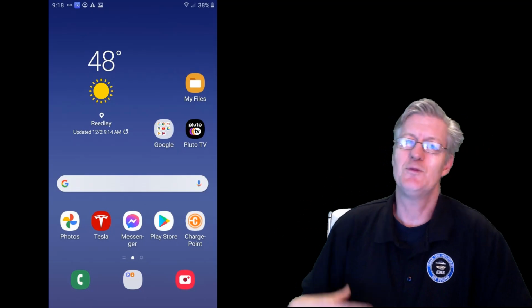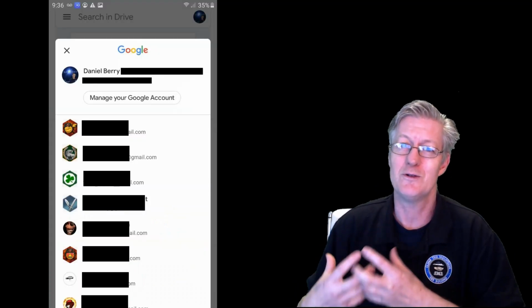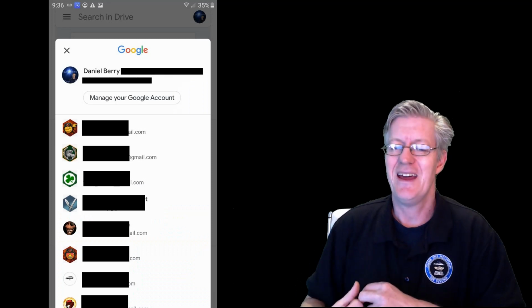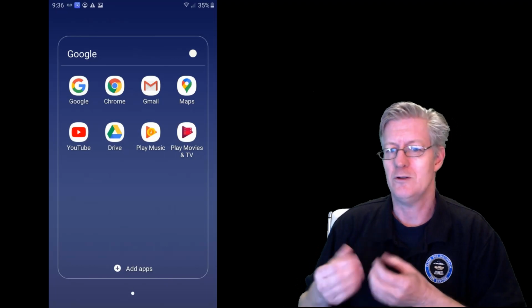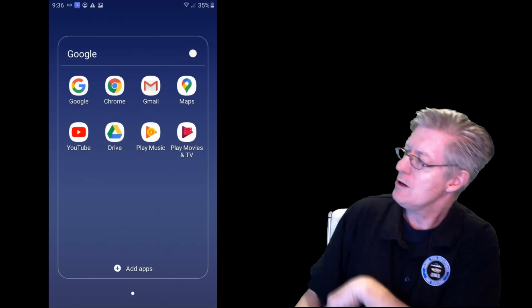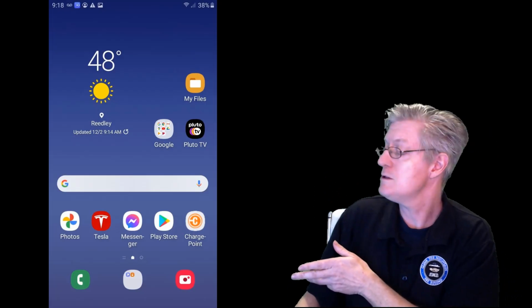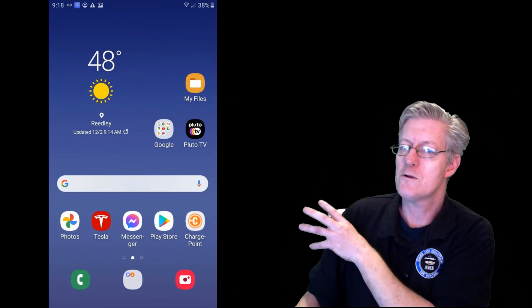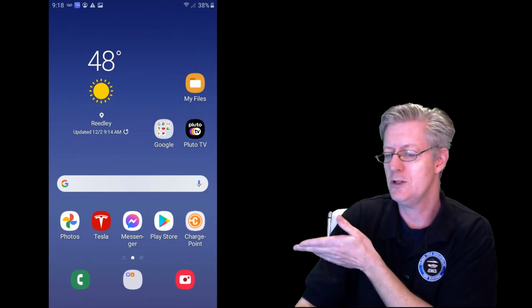Now once you've added your Google accounts, we're going to start using our Google applications, and that would be your Google Drive, your Google Photos, your Gmail, and your other Google services there. So here on my Android device, at the very bottom I have my Google Photos, and then I have a special folder called Google. Now normally that's what you find on an Android machine there.